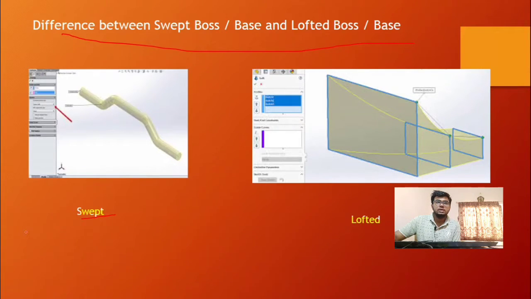The cross section shape is the same, a rectangle, but the cross section area is different. Here a different area, here also a different area, and here also a different area. So the only difference between lofted and swept is the cross section area of the body along the length or along the profile.